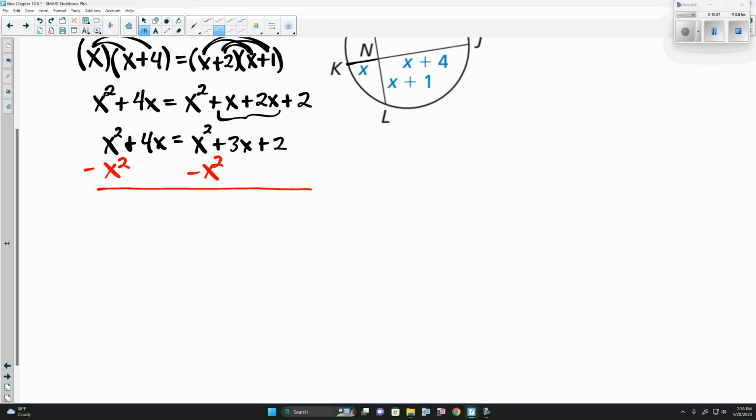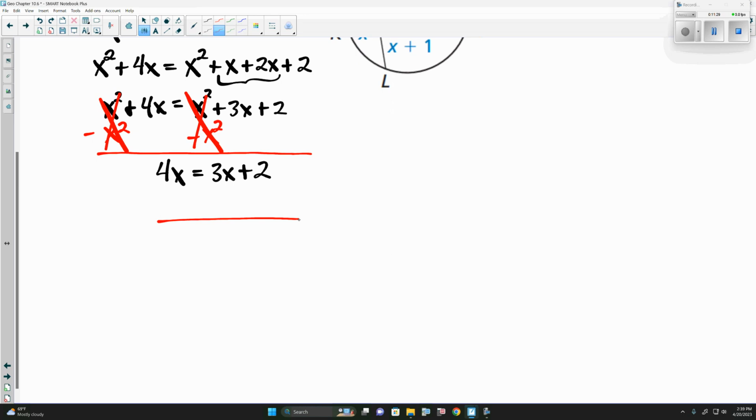Now, unlike Algebra 2, when we get to problems like this, they won't work out nicely like this. X squared minus x squared is 0. On the other side, x squared minus x squared is 0. So that tells us that 4x is equal to 3x plus 2. Normally, we'll still have an x squared when we start covering quadratics in Algebra 2. But since the x squareds canceled here,